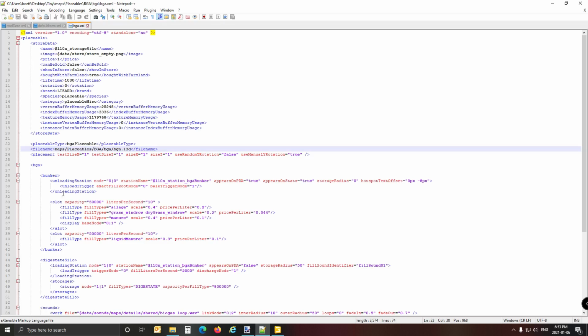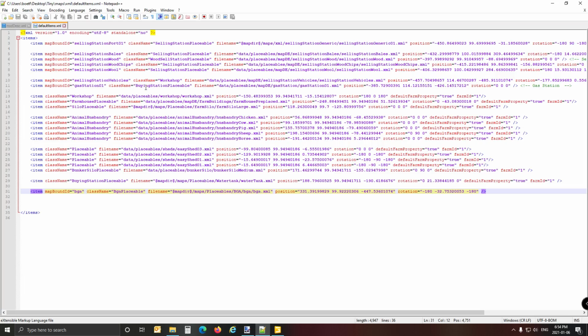Okay, so that is all you do there in the BGA.xml. You save that when you're done, and you close that. Everything is happy. The next thing we want to add is the default items.xml. We want to actually add the whole BGA. Now the BGA, you want to have obviously a map bound ID for it,